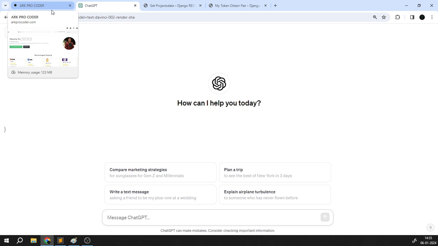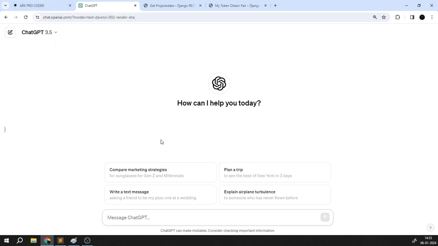So coming back to ChatGPT. I'm going to use ChatGPT for creating a project because I don't want to type it all and make the video long. So let's use ChatGPT to create an end-to-end API for a get request, post request, put request, and delete request